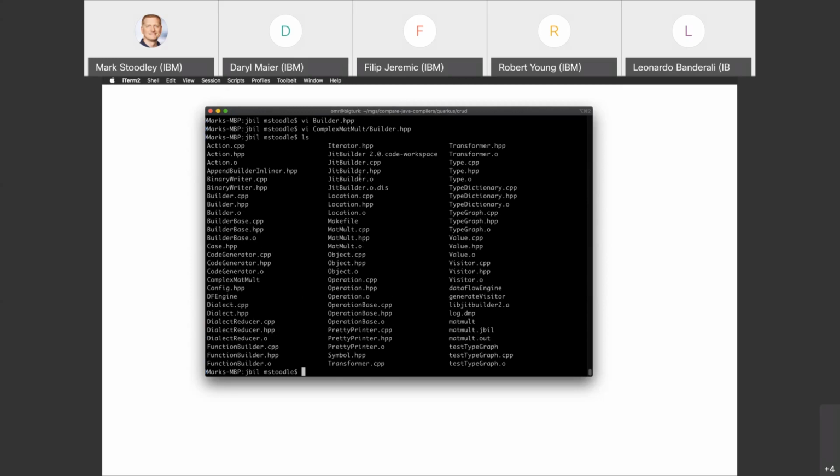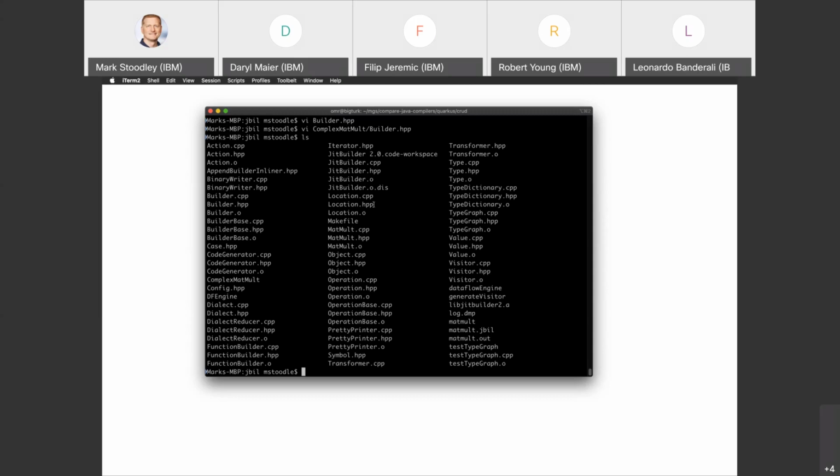Let's see. So one of the things that came up in the Slack conversation was that Jan mentioned that it would be very nice to be able to attach source code locations to any of the code that you're working with. And although the OMR compiler tracks code locations very well using bytecode info, which has the call site and bytecode index associated with everything, there wasn't a very good connection to this, other than in the original JitBuilder API, there were bytecode builders, and each bytecode builder had a notion of a bytecode index that corresponded to it. And then any operations that you used in that bytecode builder would get tagged with the bytecode index of the bytecode builder. So I decided to generalize that a little bit and came up with the notion of a location,